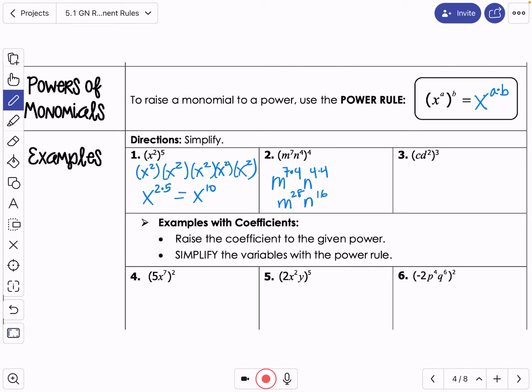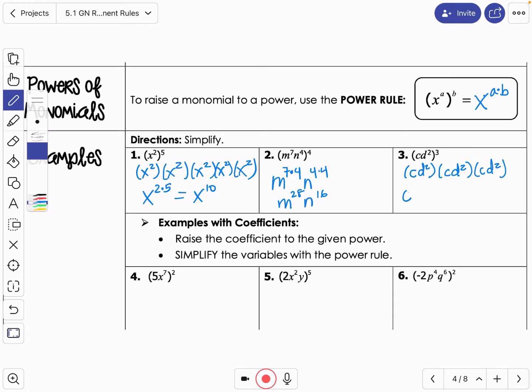And finally, we have c times d raised to the 2nd power, all raised to the 3rd power. Since we have that magic hidden 1, I'll break this one out too. It's basically telling us we have c times d raised to the 2nd multiplied by itself 3 times, since that's what the power of 3 means. So this becomes c to the 1, 3 times. You can either look at it as c raised to the 1 times 3,